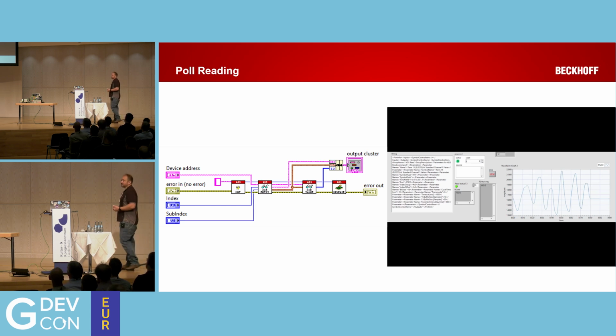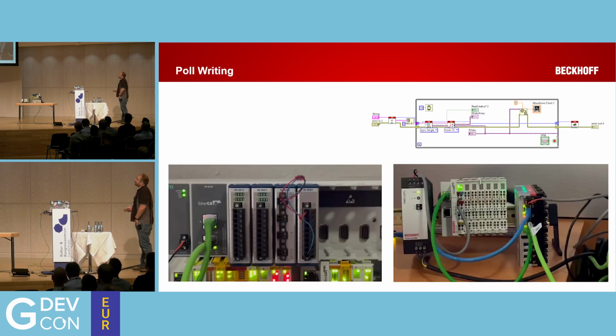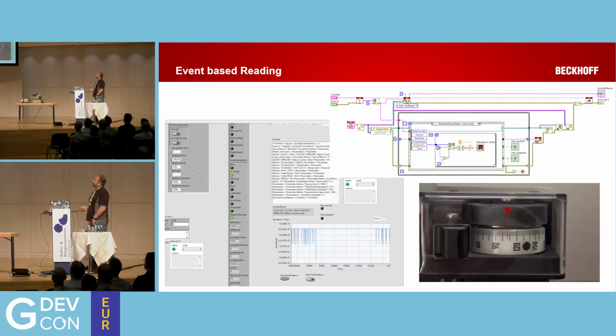You wouldn't want to do this for analog signals. Your maximum you're probably going to get out of that is 500 hertz to a kilohertz of data. Now, TwinCAT will compact all that, so you'll get a lot of information in that, but it does slow down your processes. So, to deal with that, we have an option for what we refer to as event-based reading, which is what's